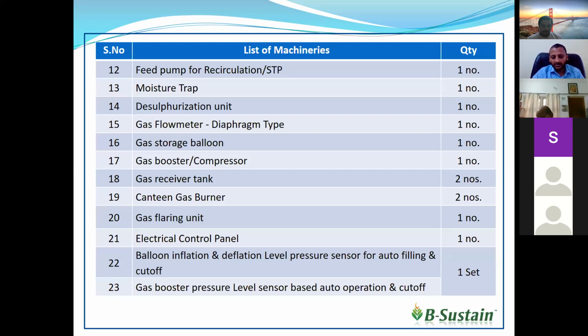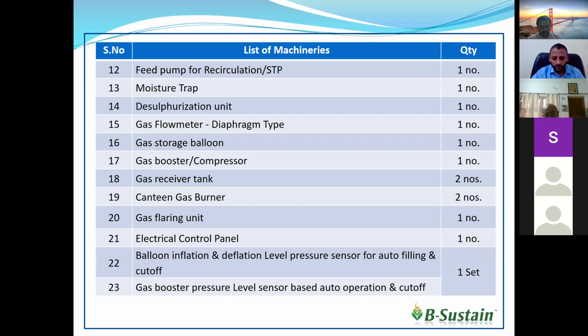So the balloon can withstand a pressure of up to 10 millibar. If it exceeds 10 millibar, there is a pressure transmitter. Using this pressure transmitter, you can sense the pressure and then close the main line. You have to use auto valves to divert the gas. The main line has to be closed and the bypass line has to be open. So flaring: if the bypass line is open, the flare will operate automatically, so the gas will be ignited automatically.